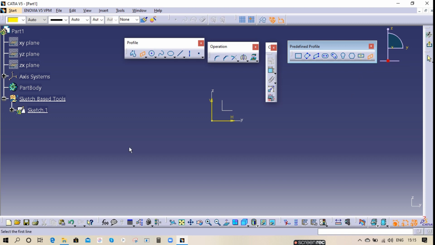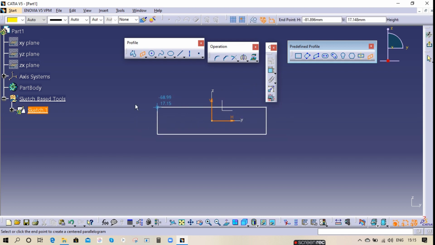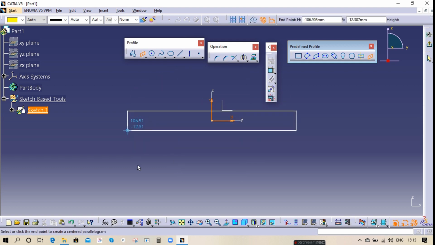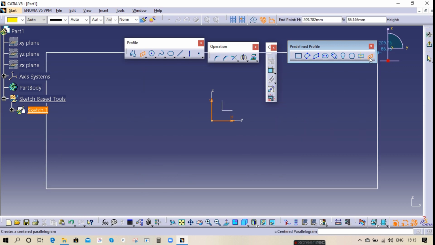Let's say my horizontal and vertical is placed here. So this is how the centered parallelogram will work. You can make any distance, and it will be parallel to each other.